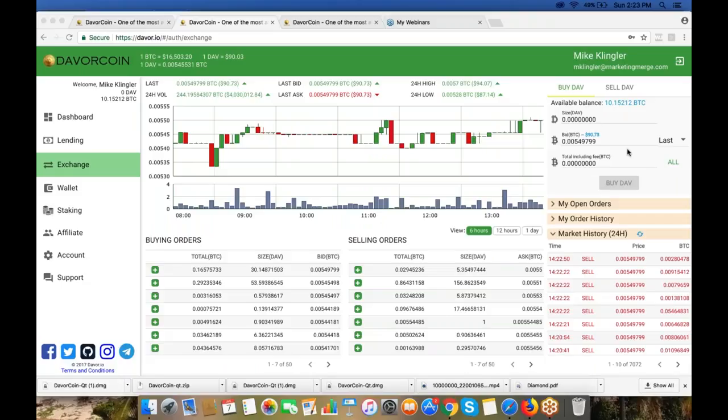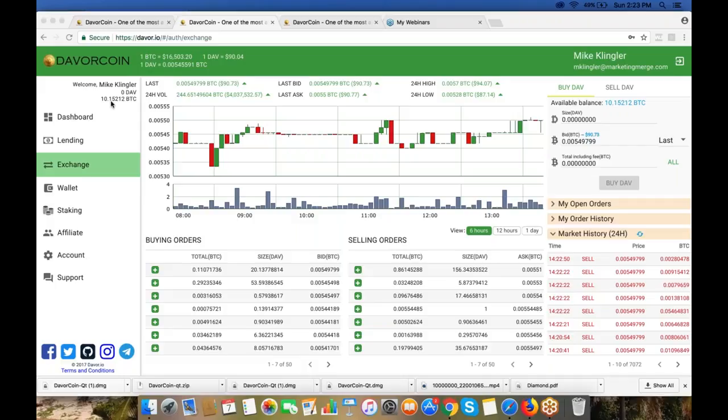Okay, so you don't need to pay attention to all this. I'll do thorough reviews of what all this means, but it's kind of irrelevant to just taking this quick step. So I don't want to take too long to move you forward. So look over here in the upper right-hand corner, and it says buy DAV. So again, you have to have Bitcoin in here already in order to buy DAV. You can see it says welcome Mike Klingler, 0 DAV. If you look in the upper left where my cursor is, it says welcome Mike Klingler, 0 DAV,